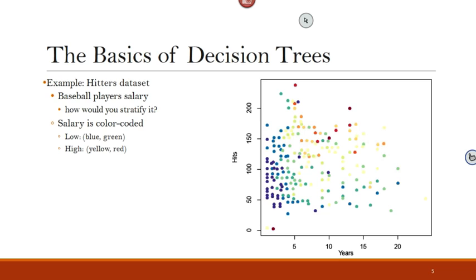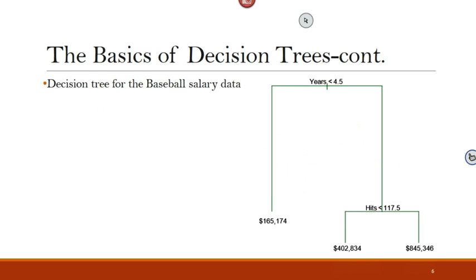Okay. But you don't need to do it manually, right? You can just run the program, and the program will do it for you. So the selection of years and the cut point 4.5 was the best criteria in here, because it will guarantee the other cut points will not get you better results, or less errors. Okay, sorry, more errors with classifications.